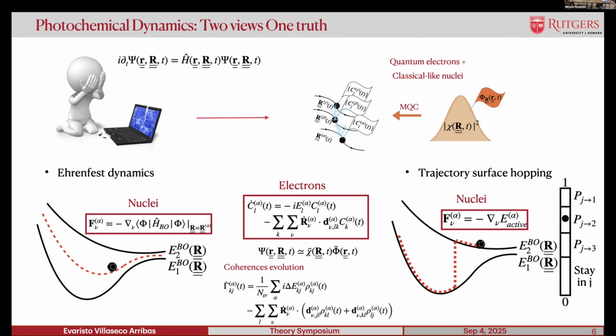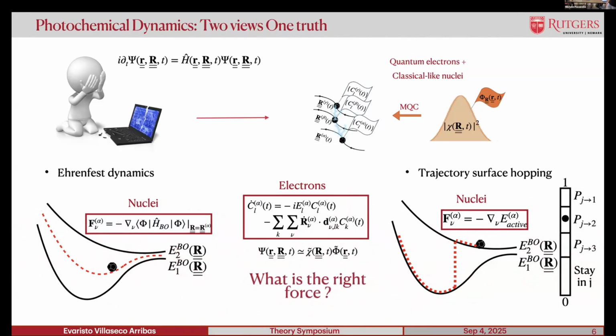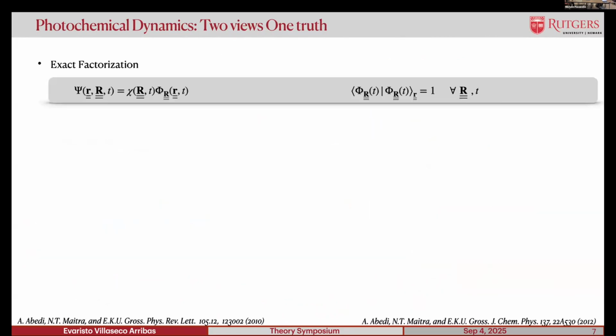Now, you might also ask yourselves, well, what's the right force that the trajectory should feel? Should it be something mean-field, should it be purely adiabatic? And now it's a good moment for me to introduce to you a different way of describing photochemistry that will naturally answer that question. And that's the exact factorization approach. So the exact factorization approach